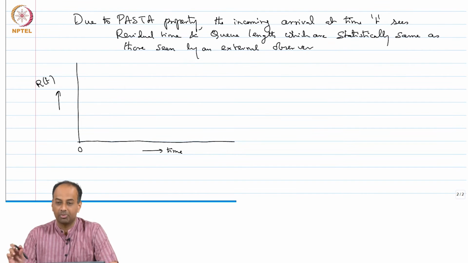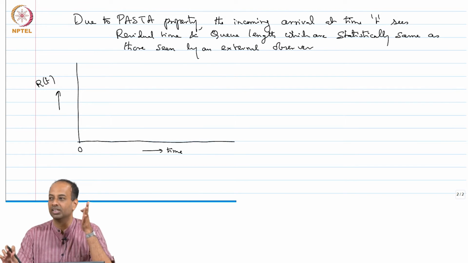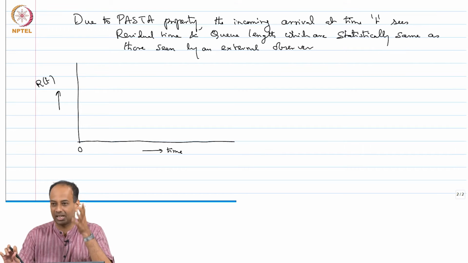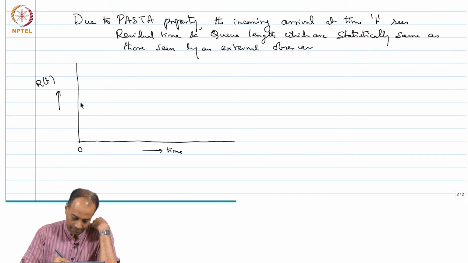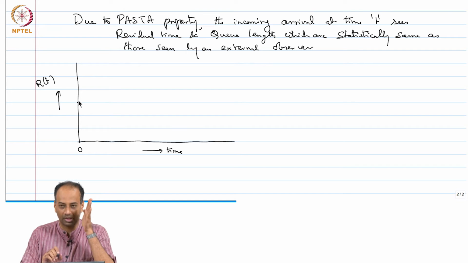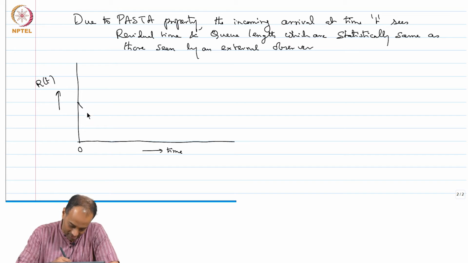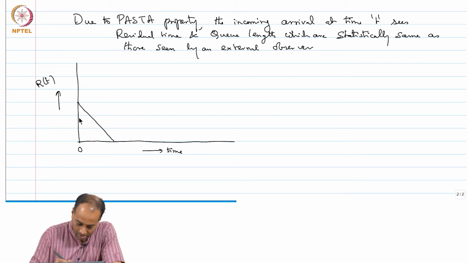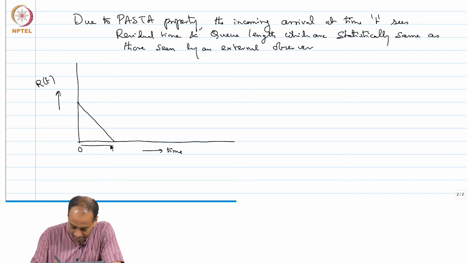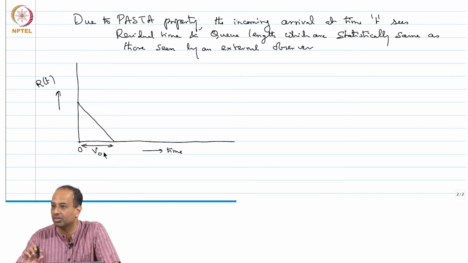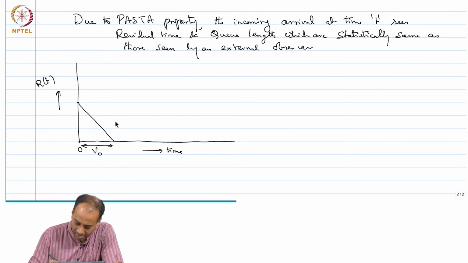So, what is the time average behavior of R of t? R of t is the remaining service time of the customer in service, correct. So, the customer who comes at time 0 has V 0 to begin with, and then he is being eaten away at a constant rate. So, you will get this sort of an isosceles triangle, whose height is V naught and this is V naught, correct. I am just plotting the residual time left at the server, and then there will be a V 1, it suddenly jumps, again starts getting eaten at a constant rate,